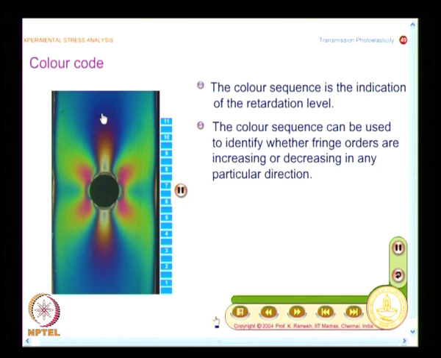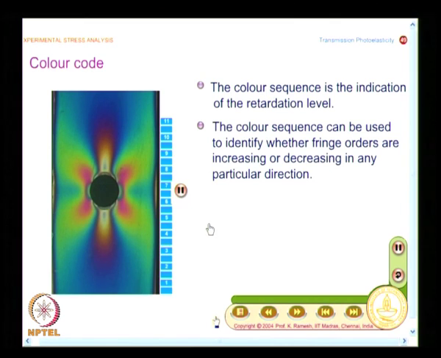and you see a rich play of colors, and the play of colors gives an indication of the gradient of the fringe variation. Here it is 0, here it is 1. So from 0 to 1 it increases in this direction,